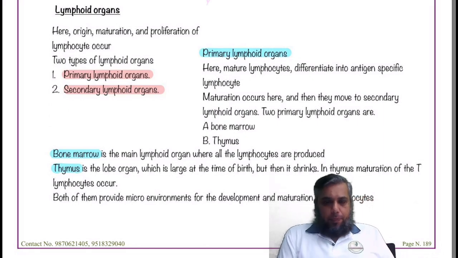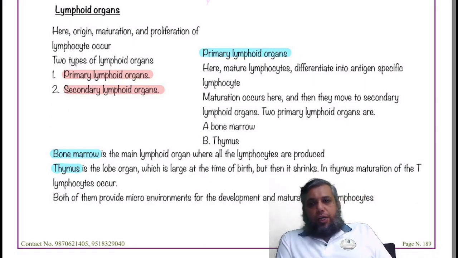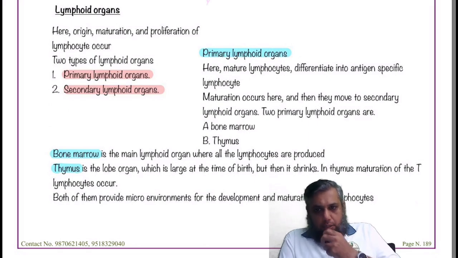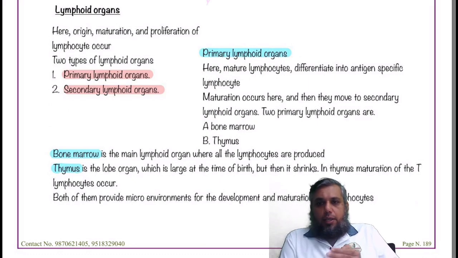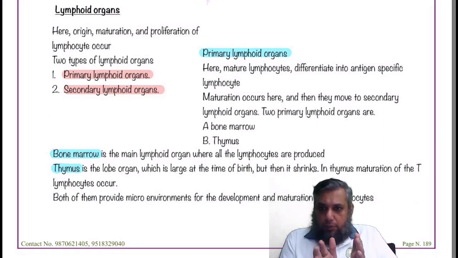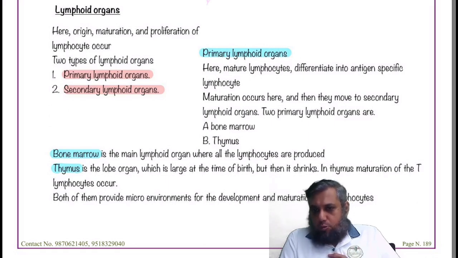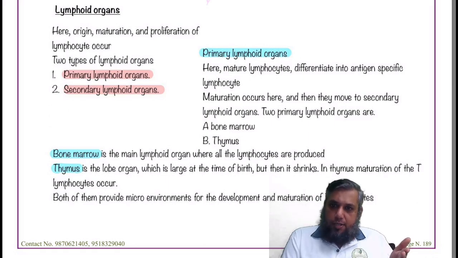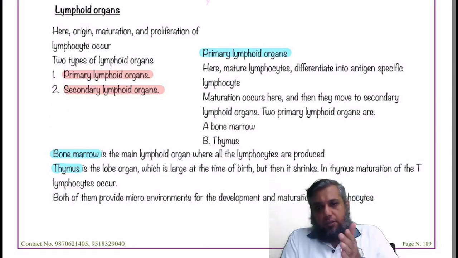So when I say that these cells differentiate into antigen specific lymphocytes, imagine a young boy or a girl going to a police academy, getting their education over there, and that academy is the primary lymphoid organ, where now a normal boy or girl will differentiate, and now that boy or girl takes a specific course. I am going to be specialized against digital scams. I am going to be specialized against murderers. The third one is going to be specialized against a specific type of thieves, like that.